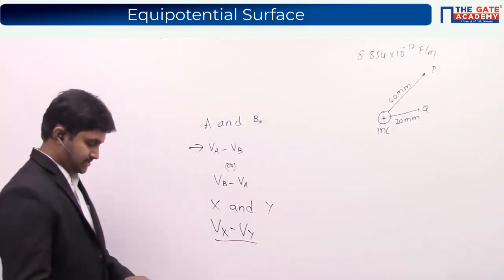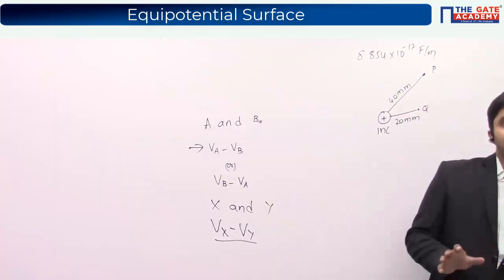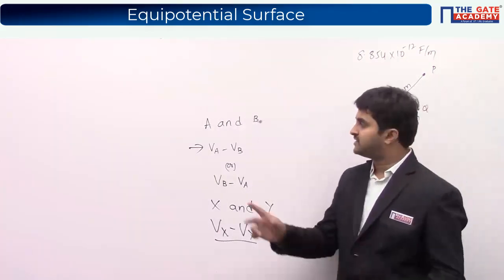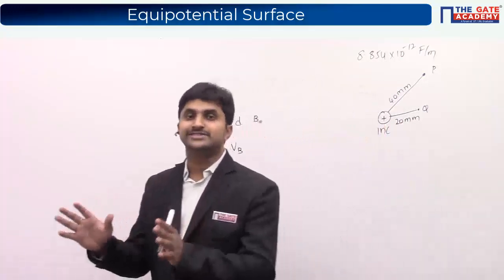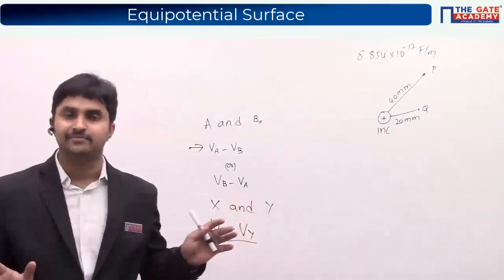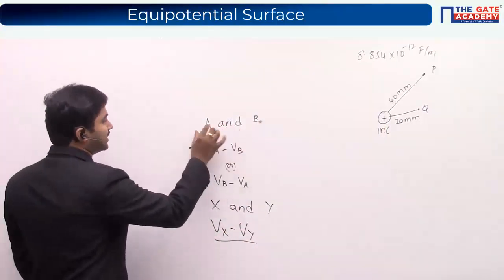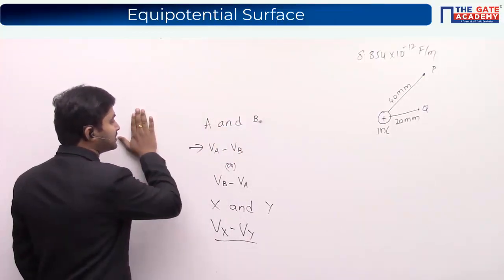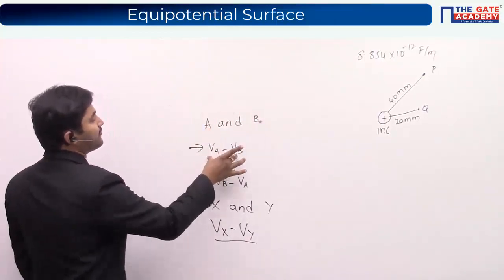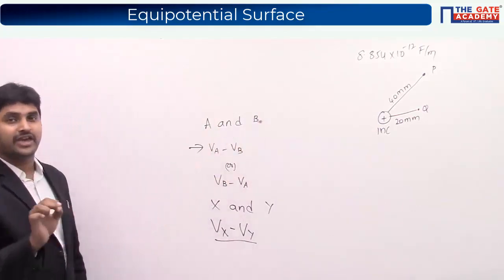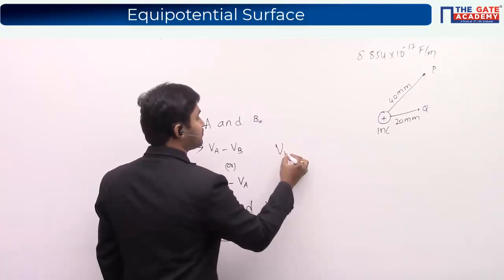This is something which you have to keep a note of. I understand that a difference can be anything, this minus this or this minus this. But according to how the questions are framed and how the answers are given, it is equally correct to say that if the question is asked based on A and B, the potential difference between A and B, we have to consider it as VA minus VB, even though they are mentioning it as VAB.